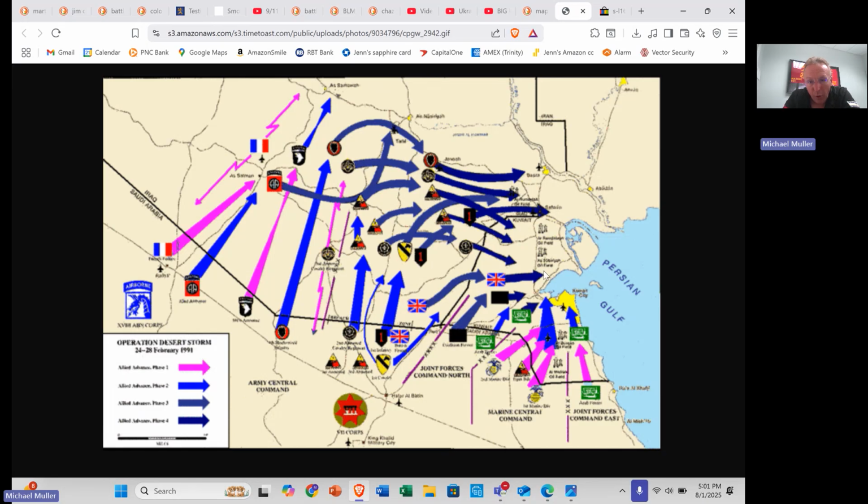The Iraqi Republican Guard was attempting to retreat its way back out of Kuwait. The Iraqi Republican Guard was the elite troops of the Iraq Army. Understand that most of the troops in the Iraq Army are poor quality troops. I've trained with them. I can tell you that firsthand. They're generally very poor quality troops. But their best trained and most loyal troops were with the Republican Guard. And they had their best equipment, which is most of their tank divisions were in the Republican Guard.